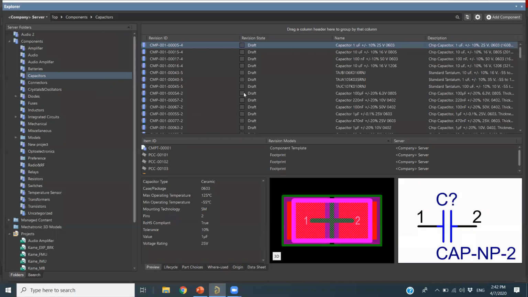Then inside the capacitor, I want to search for that component. Instead of going and searching one by one, I can go here with my name, what I see, MP 001-00083.